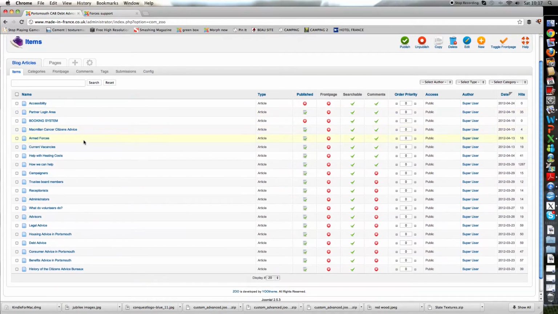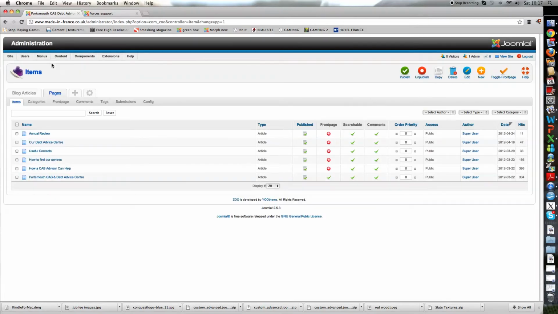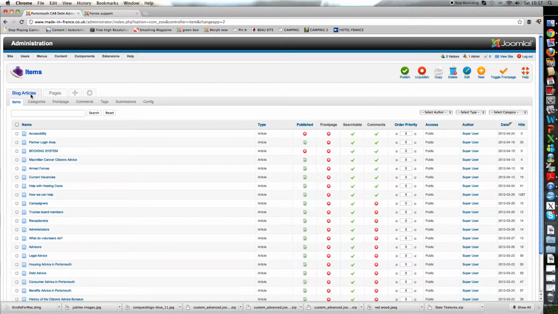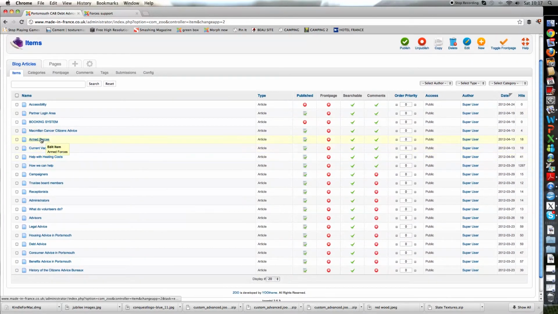Now we're looking for the Armed Forces page. Immediately in this list, we have two tabs up here, blog articles and pages. Most of the pages that you have are in the blog articles section, but there are some in the pages section. Could be a bit confusing, but essentially they're the same thing. So here I can see the page that we're talking about, Armed Forces, that's the one with the spelling error,